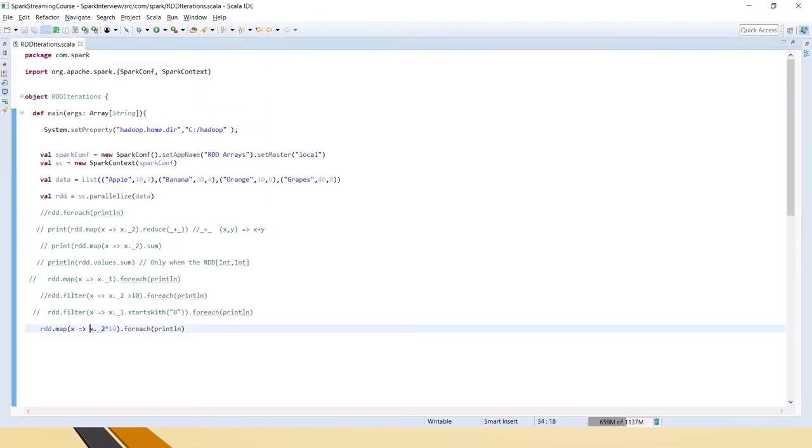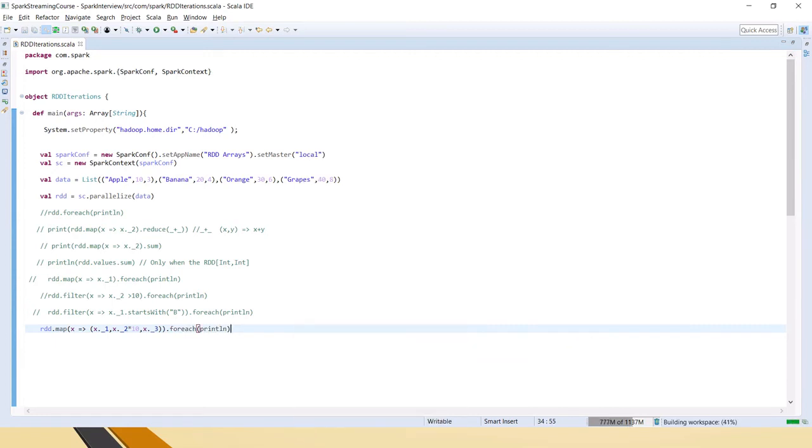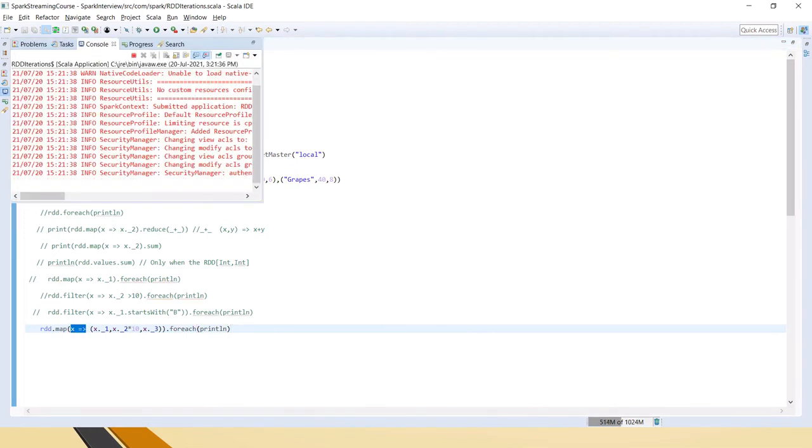Now let's say we want all the columns. That time what we have to do is add this way. In the map itself, this is the way we will use in Scala.